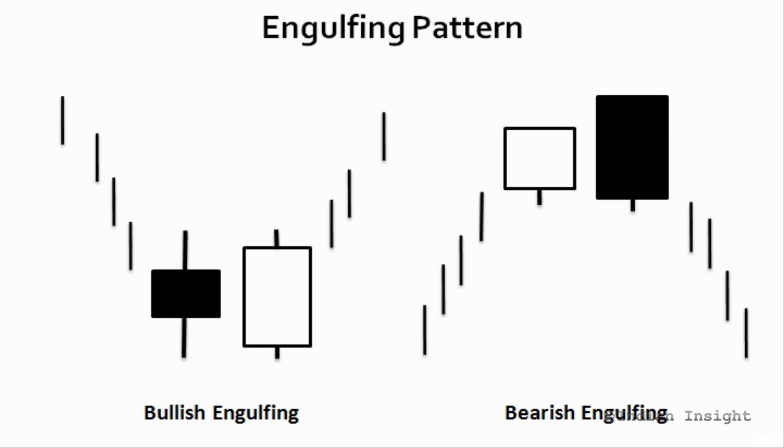Now opposite of a bullish engulfing pattern is a bearish engulfing pattern, which occurs after a market rally. The first candle of this two candle pattern is a white body signifying the recent upward trend. The next candle is a black body, which completely engulfs the previous period's white body and thus indicates that the bears have taken over from bulls, and you can expect a substantial reversal in the uptrend.